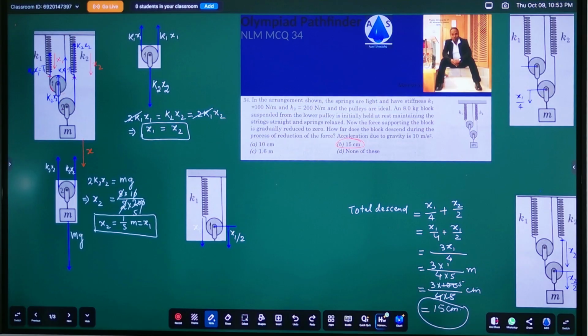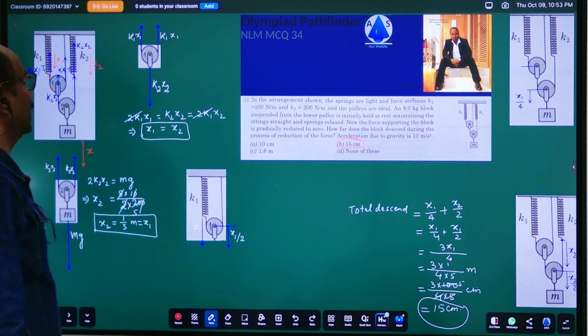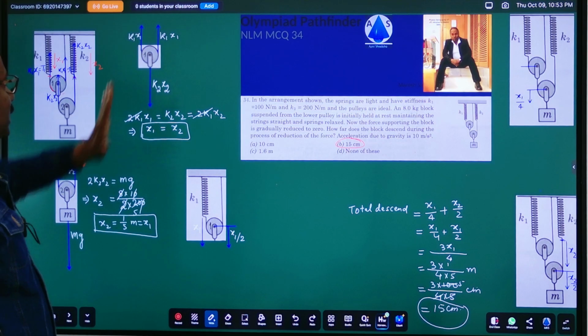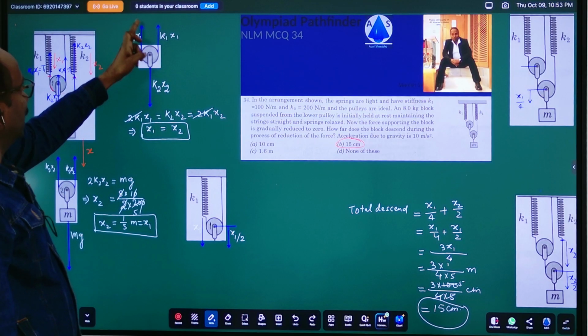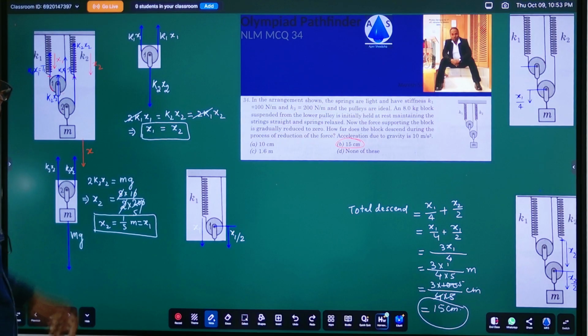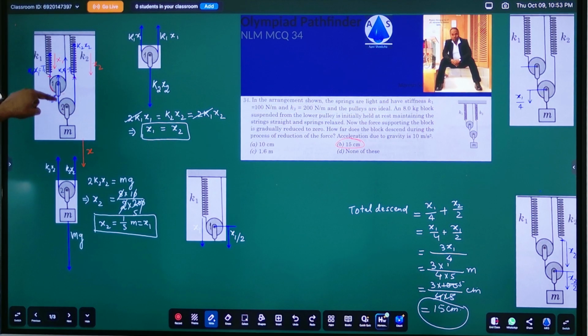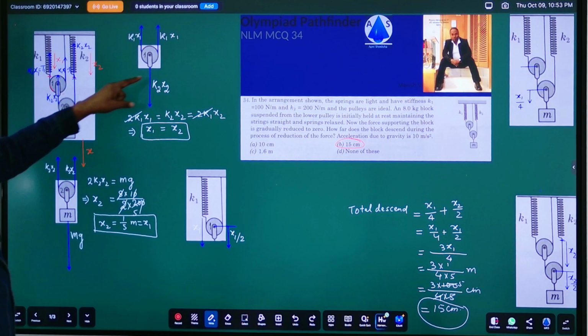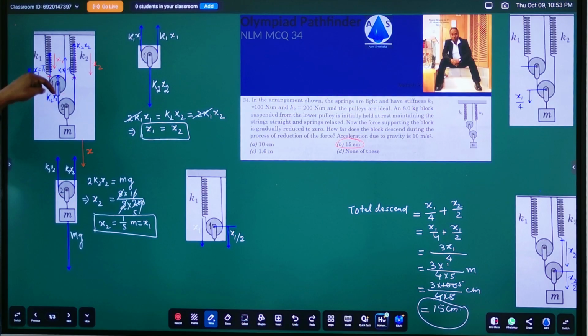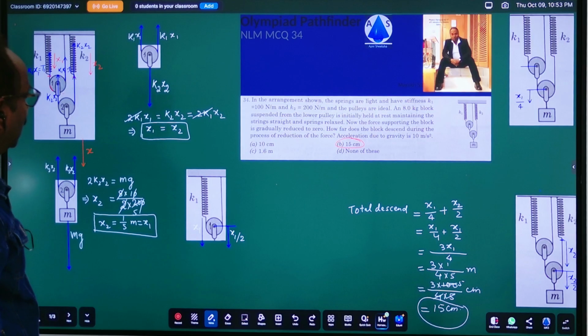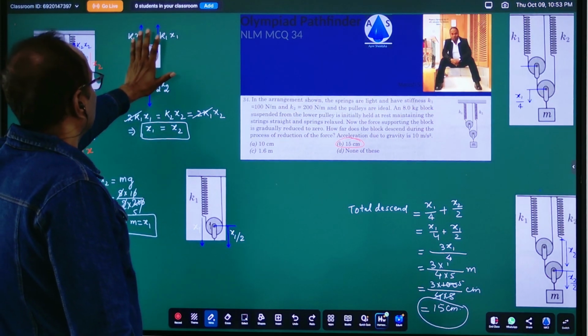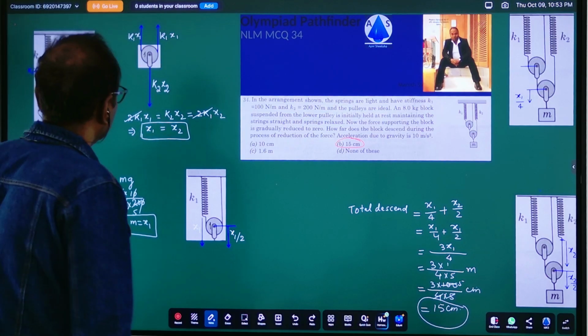k1 x1 का फोर्स लगेगा। उसको हमने यहाँ पे फ्री बॉडी डायग्राम में दिखा दिया है कि नंबर 1 पुली की ये कंडीशन। तो यहाँ पे k1 x1 लगा, यहाँ पे k1 x1 लगा, और यहाँ पे क्या है, दूसरा वाला जो थ्रेड है वो नंबर 2 पुली के साथ लगा हुआ है, इसमें x2 का एक्सटेंशन हुआ है, तो इस थ्रेड में टेंशन आपको k2 x2 होगा थ्रू आउट, है ना। तो ये वाला जो पोर्शन है यहाँ पे वो दूसरा थ्रेड शुरू हो गया, तो k2 x2 का फोर्स नीचे की ओर लग रहा है, और ये इक्विलिब्रियम में है, अब इसका कोई मूवमेंट नहीं हो रहा है, नो एक्सेलरेशन।